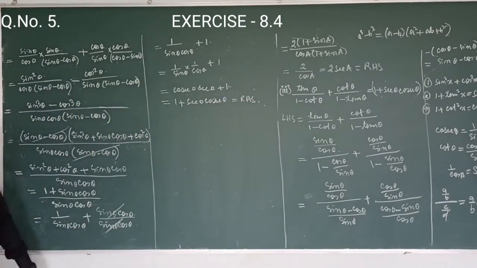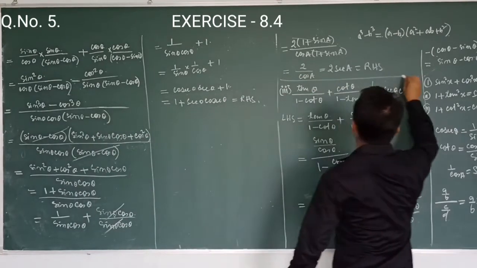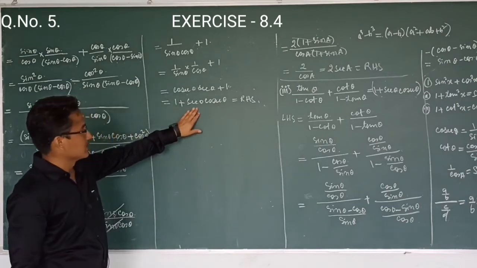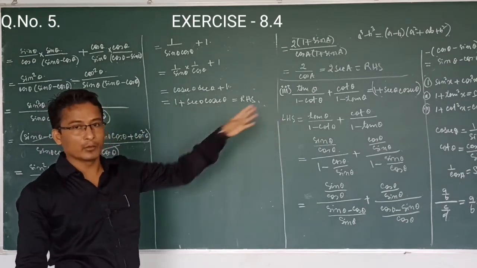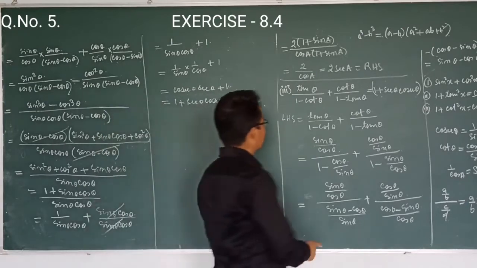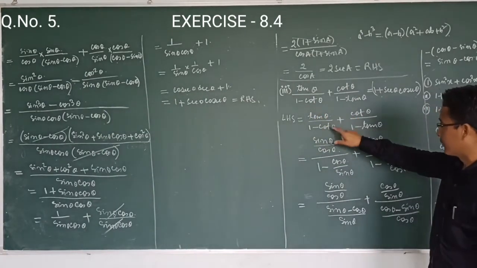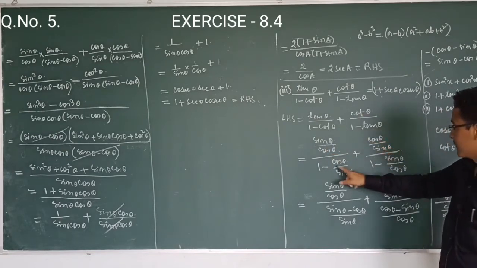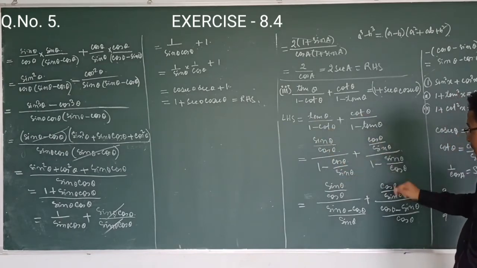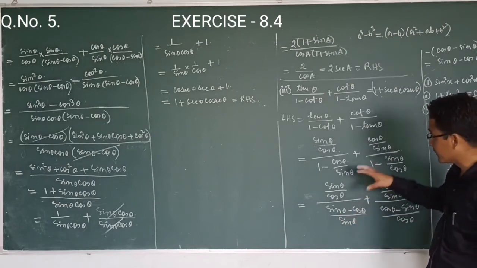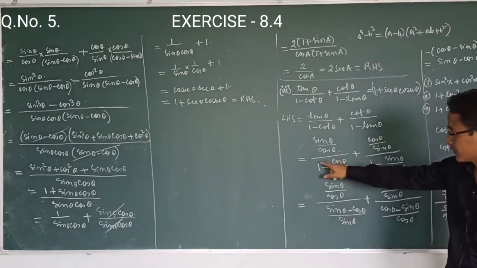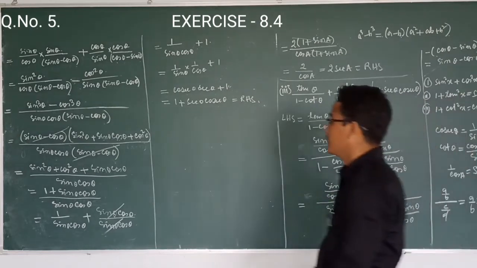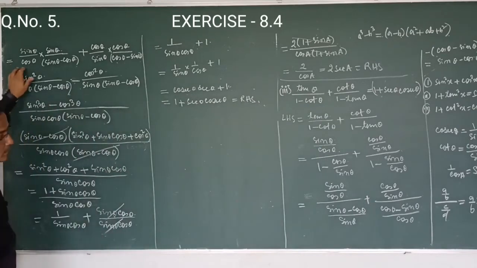So let's see, we start from here and we will get the proof, 1 plus sec theta cosec theta, as the right hand side. Okay, once again I explain. We take the left hand side. After that we convert tan to sin and cos, and cot to cos and sin. Similarly we are doing in the denominator also. After that we multiply this. That means we simplify only the denominator. We take the LCM. Okay, after taking the LCM we will convert it in this way.